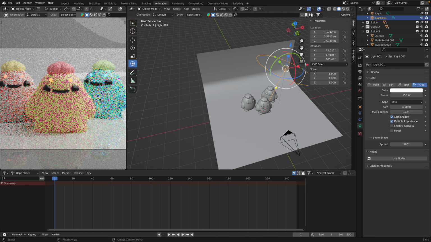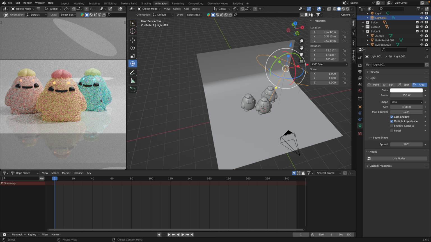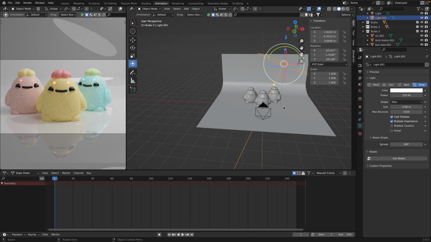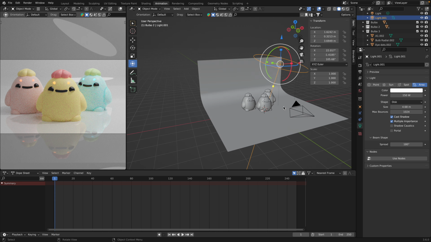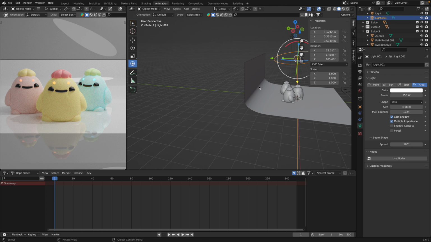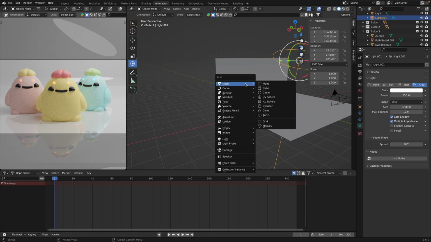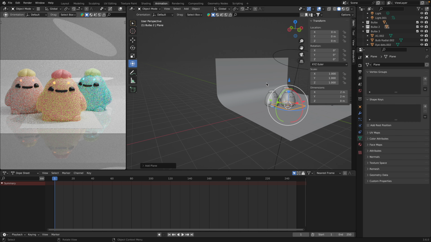I'm trying to just zoom out the camera view, but it always keeps switching to perspective view, which is super annoying, but I don't know how to make it not do that. So this is exactly what I wanted. It's a bit annoying that it's showing like this on the back. There might be a way to fix this. Maybe I'll do Shift A, and maybe I can add a plane